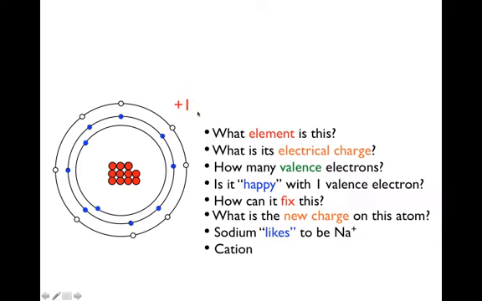So there's our sodium atom, and it has an electrical charge of positive 1. That's what sodium prefers to be like. So this may seem like a lot of excessive detail going over these rules again for those two atoms that we just discussed, chlorine and sodium, but this is the beginning of the introduction of how atoms like to attach